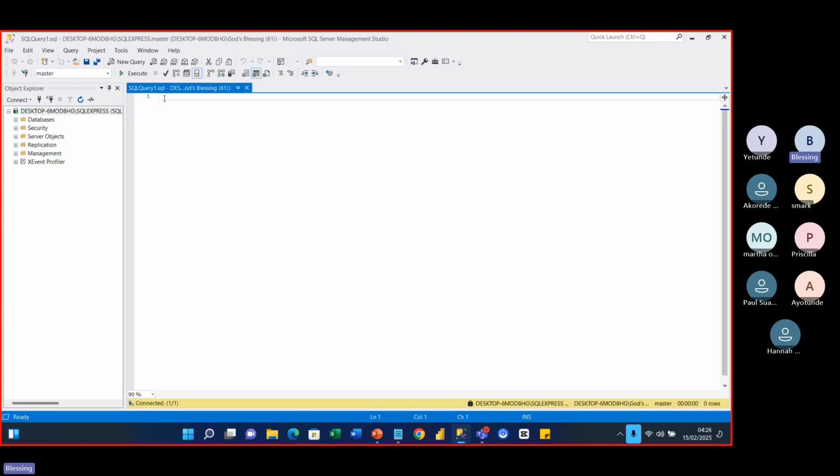So I want to create a database. I'm going to come here and put two hyphens like this, and I'll type: create a database with the name